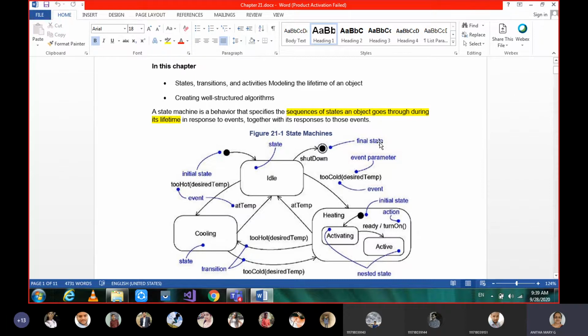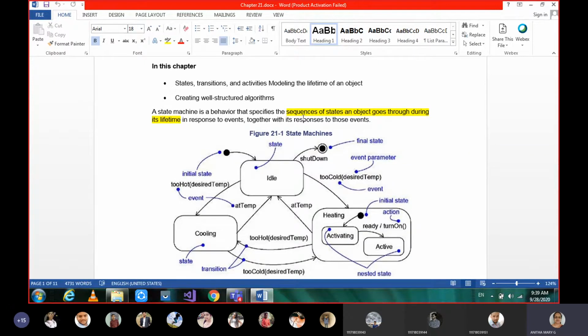If you remember, the activity diagram is the flow of control from one activity to another activity, whereas interaction is the flow between object to object.